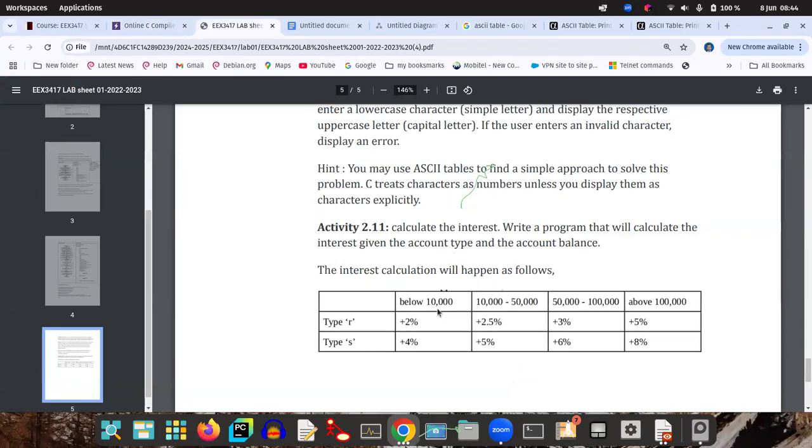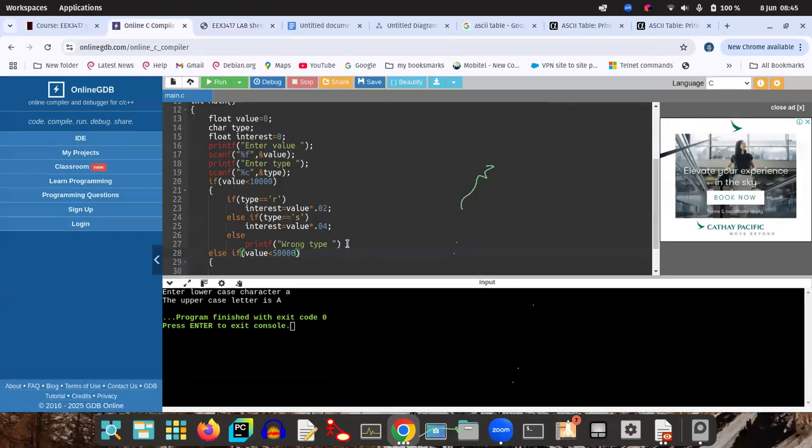Now first it will check whether below 10,000. Then not, that means if it is not below 10,000, if it is between this and 50,000, 50,000,